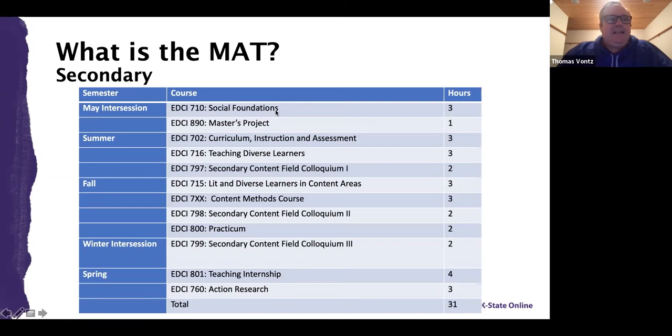You're not just getting into a profession without a history. You're going into a profession that has its own history and philosophy, and